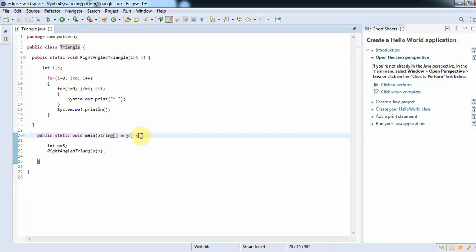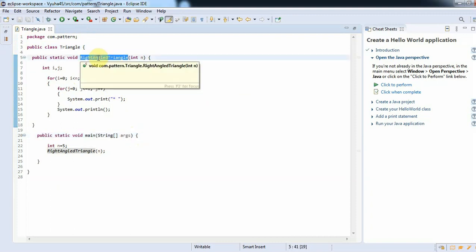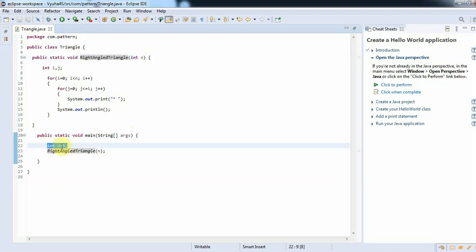This is common, and here comes our method rightAngleTriangle. In the 22nd line I have initialized variable n as 5, and I am calling rightAngleTriangle from the main method, sending the variable n, which is called an argument. In this method the value of n will be received.